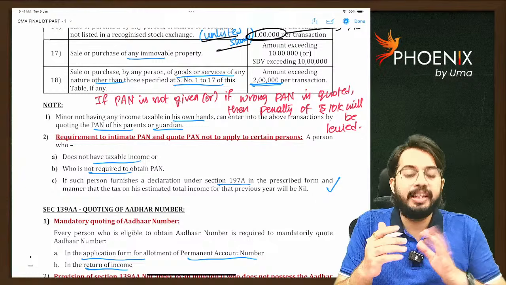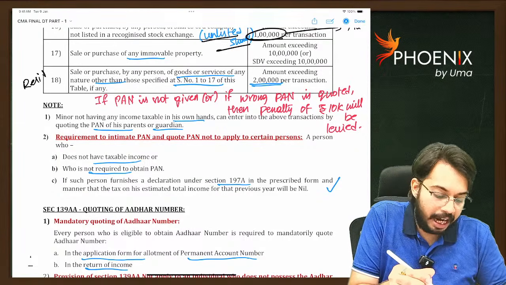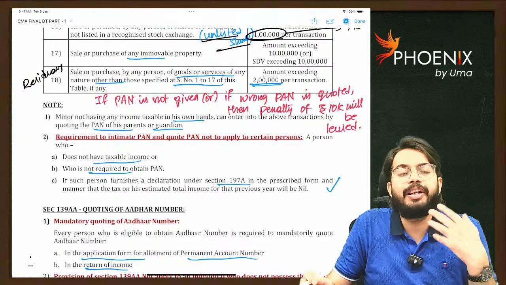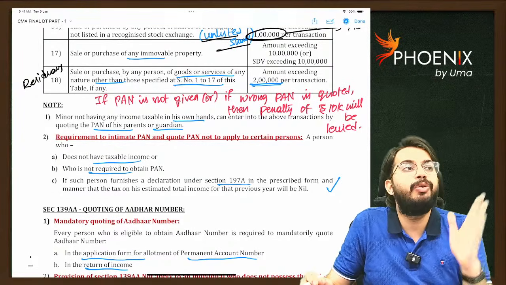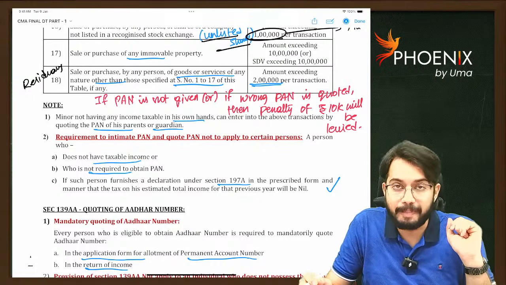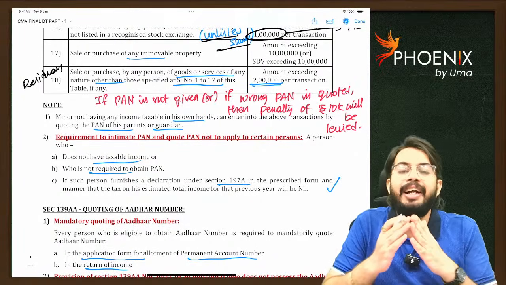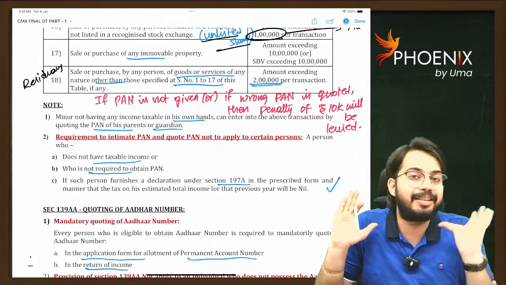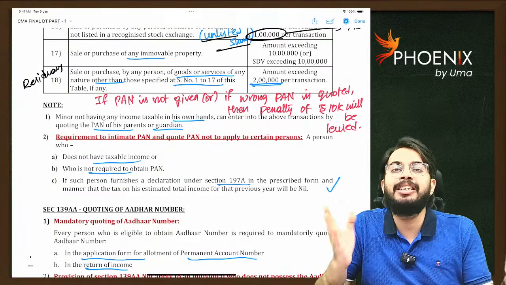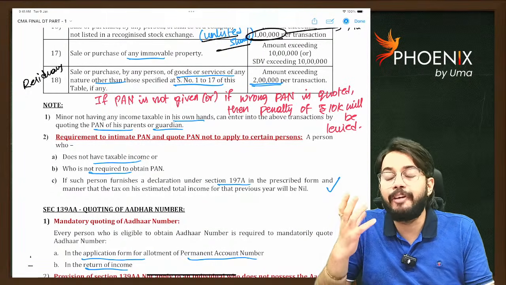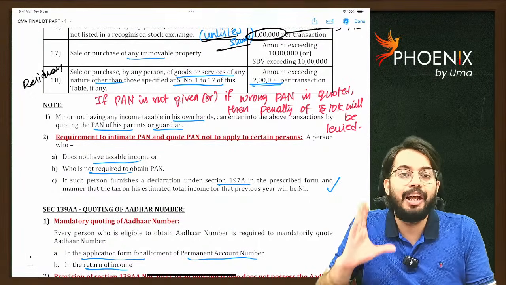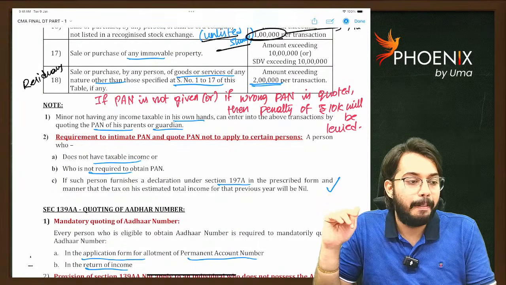This is the residuary clause, 18. In any other case, for sale of goods or services, let's say you went to a gold shop and purchased gold worth more than 2 lakh rupees, he will ask your PAN number. Then you have to tell him to divide it into two bills, each bill less than 1 lakh rupees. Are you able to understand? So in any other case, if the transaction is more than 2 lakh rupees, then also you are mandatorily required to give your PAN number.